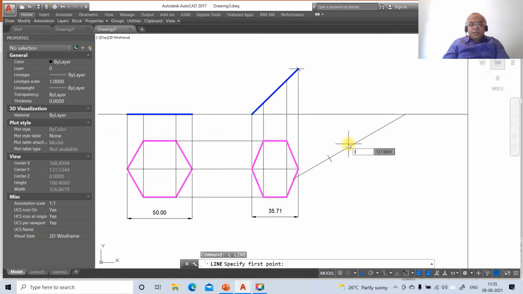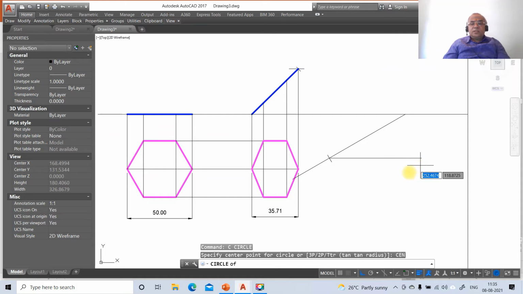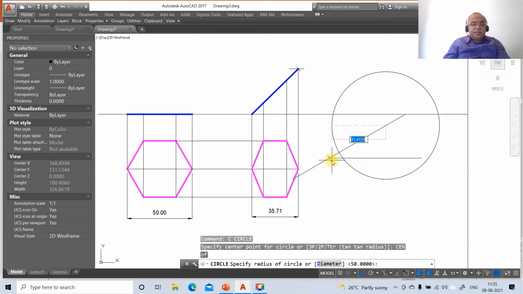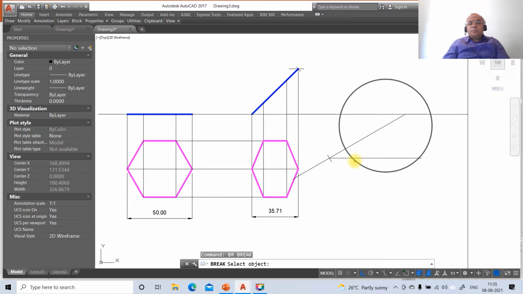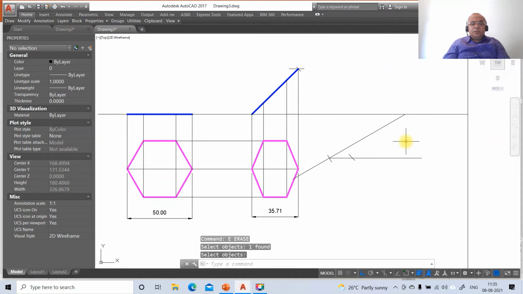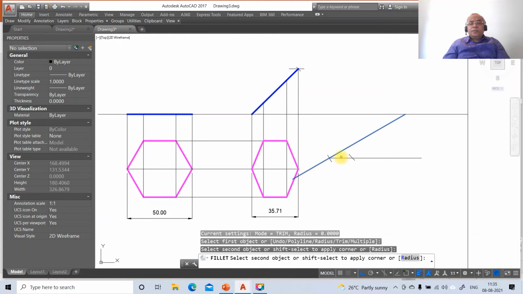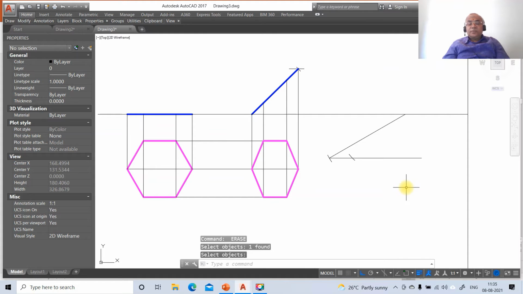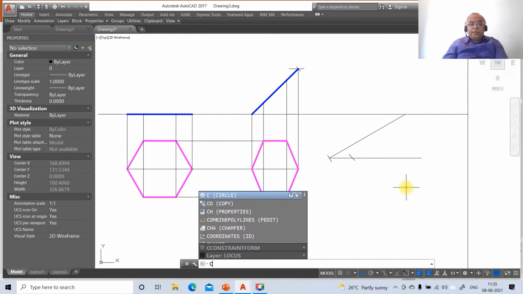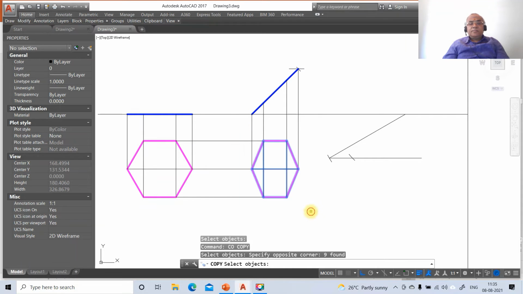Then go to line, take int of this, and then go to circle, take center of this, and take the radius as 35.71. Then go to break this again on this side and also on this side. Then go to erase this, then go to fillet between these two, then go to erase this line and erase this one dimension. Now you just copy, select this entire thing, and then go to base point, to take